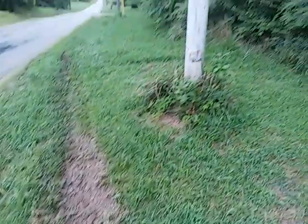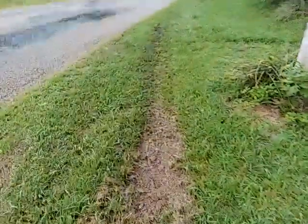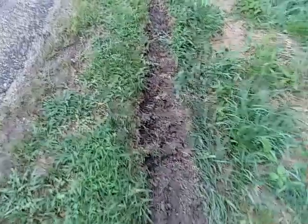I'll have to scrape this mess up tomorrow. It's raining right now, but you can see where they've come back through here to connect it up. I guess the good thing is that they didn't hit the telephone pole that is right there and bring those electric lines down on top of them. So I guess it came loose back here somewhere. So I'm guessing that must be the front of the trailer, but